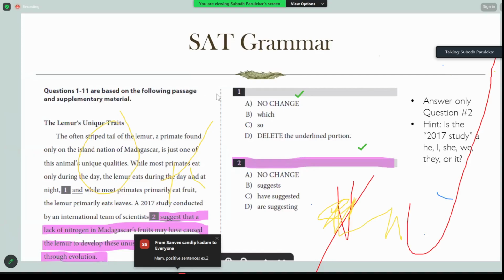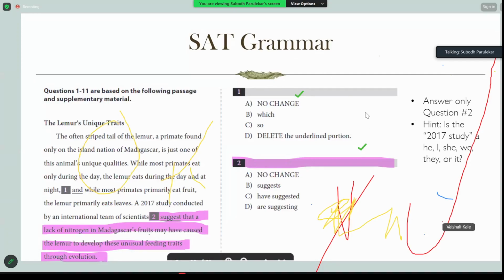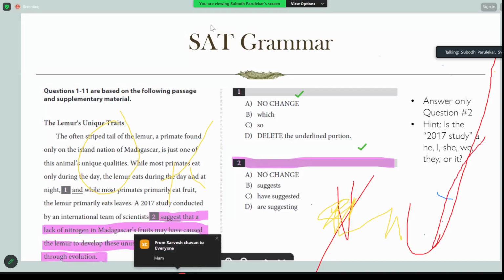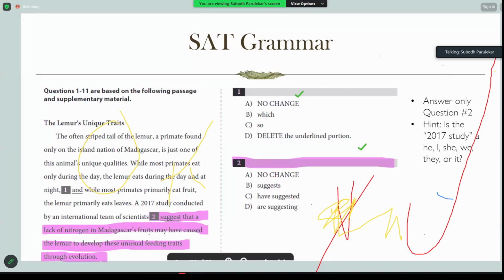Okay, so this is SAT grammar practice. Sorry to disturb you, first explain what SAT is, because most of the students don't know. Okay, I was just about to explain, of course. SAT is a Scholastic Aptitude Test. It's basically a standardized test that we take in America to get into college.